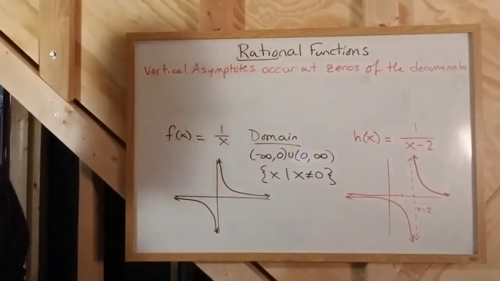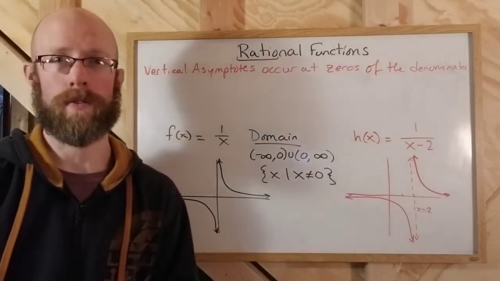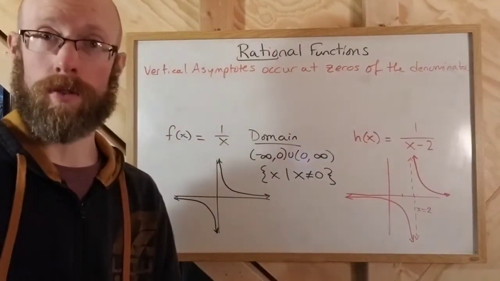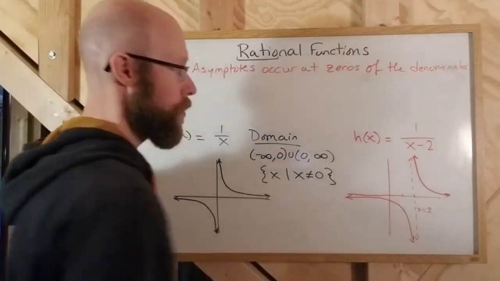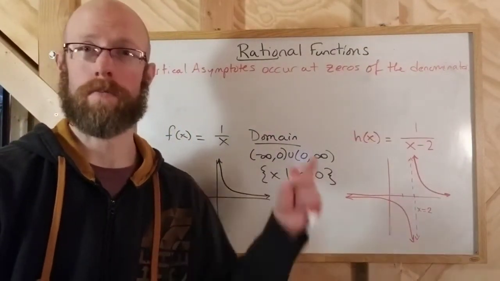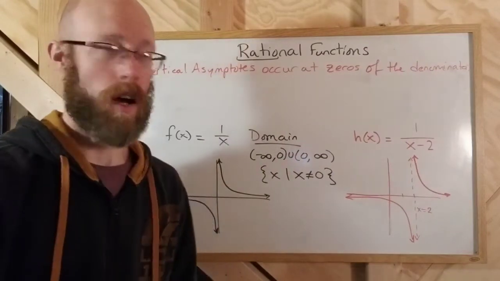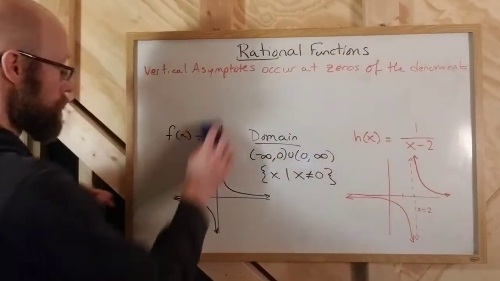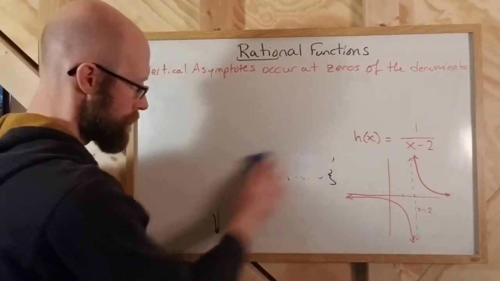Okay, so vertical asymptotes occur at zeros of the denominator, and that's always going to be the case. However, there are some zeros of the denominator that don't correspond to vertical asymptotes. I'll show you that in just a moment. Before I do that,